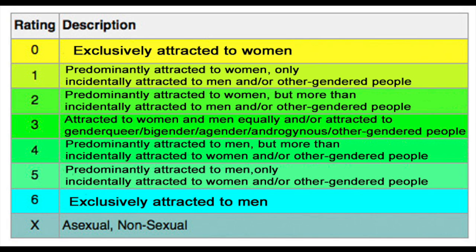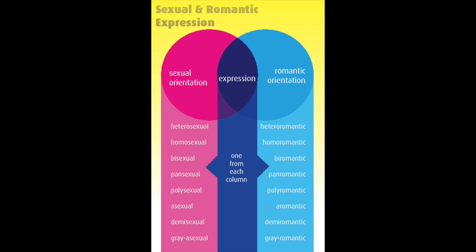It is important to remember that orientations and labels do not completely define everyone. Everyone's independent experience is as unique as their personality, so it's important to remember that a label for people can hold exceptions. The use of such labels is simply for convenience of explanation and/or finding a community that you identify with. To get into the specifics of sexual orientations, we first have to distinguish the difference between sexual and romantic